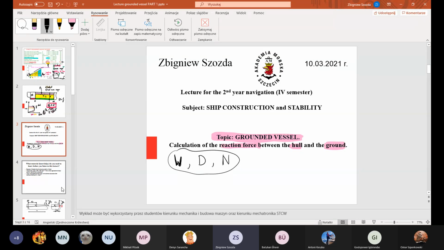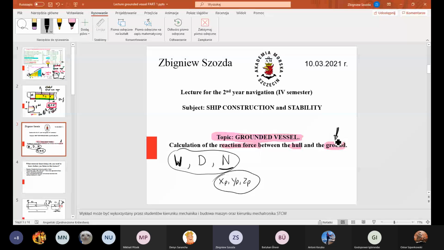It will be the problem. And calculation of such variables like position of the center of gravity after grounding, initial metacentric height after grounding, actually what is the force, what is the point of action of such force. So I will put here xp, yp, zp as coordinates of point of action of additional force, and other variables which will be interesting for us. What to do, what to calculate after grounding of the vessel.